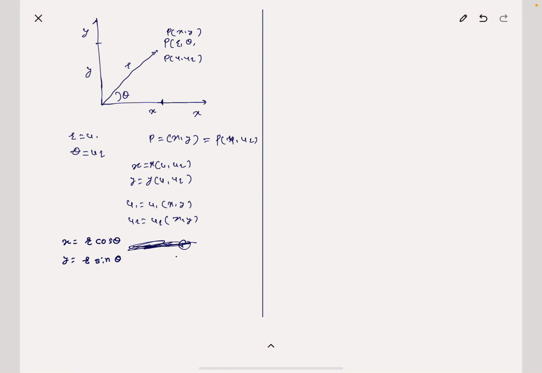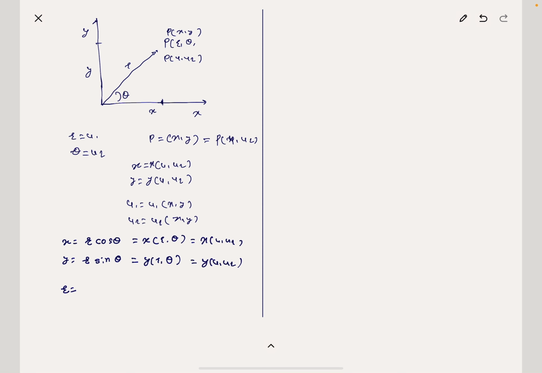This is nothing but x is a function of r and theta, that is x is a function of u1 and u2, because we have called r and theta in general form u1 and u2. And y is a function of r and theta, that is y is a function of u1 and u2. Again we can write